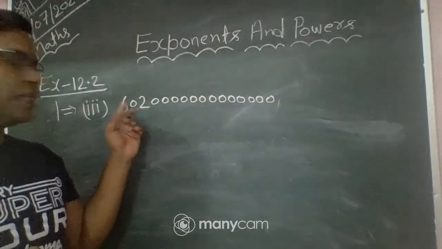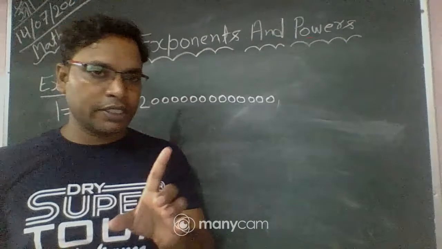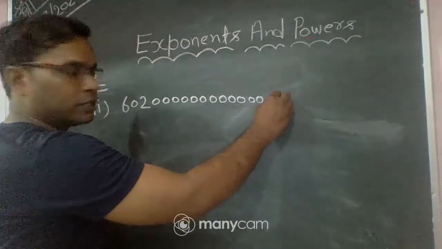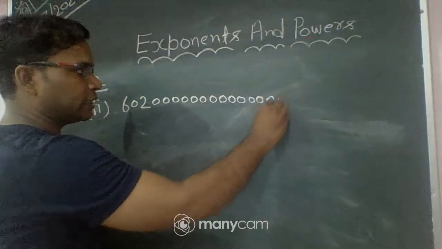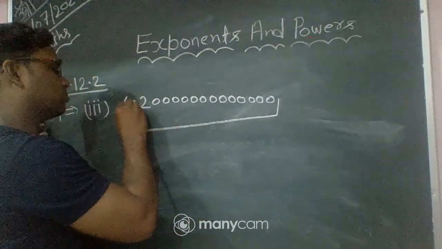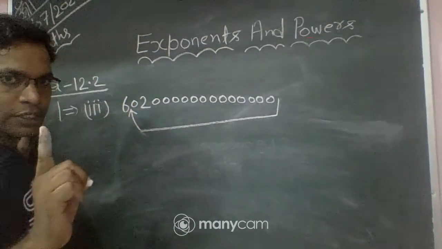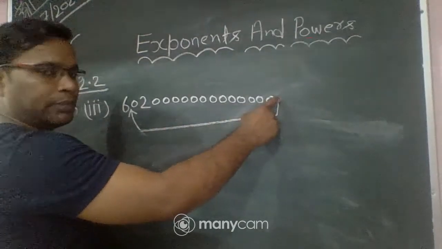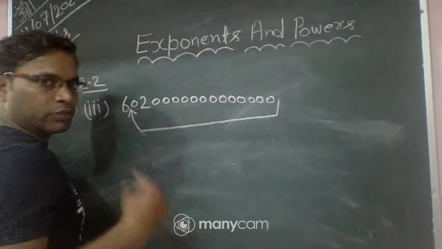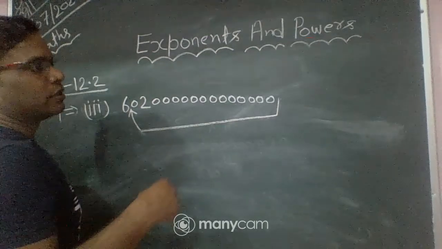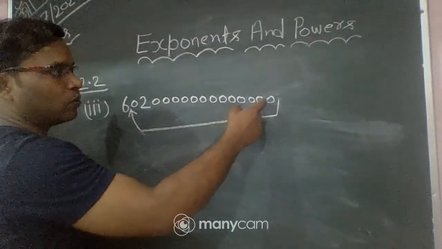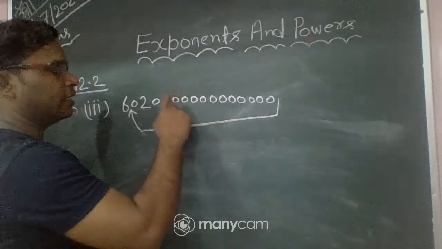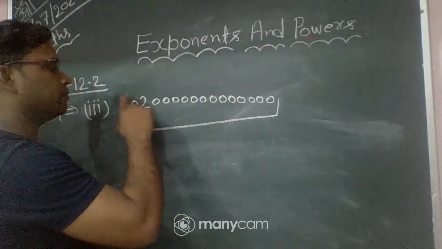The decimal point is moved from here to the left-hand side till 1 digit is left. जब तक मूव करता है जब तक कि 1 डिजिट बच जाए बस. ठीक है, until 1 digit is left, जब तक कि 1 डिजिट बचा रहता है तब तक मूव करता रहता है. लेफ्ट साइड में मूव करेगा तो 10 पावर पॉजिटिव रहता है. कितने डेसिमल प्लेसेस मूव कर रहा है? 1 2 3 4 5 6 7 8 9 10 11 12 13 14 15.